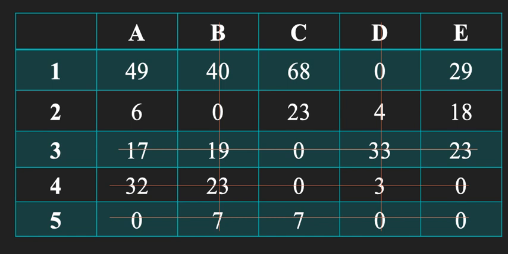Now if we see here, we have 1, 2, 3, 4 and 5. We have 5 lines here. And what is the size of the matrix? The size of the matrix is also 1, 2, 3, 4 and 5. Here the number of lines drawn is equal to the size of the matrix, and hence we say we can make the assignment here. We can go for optimal job assignment.